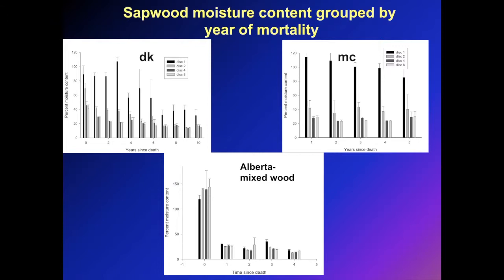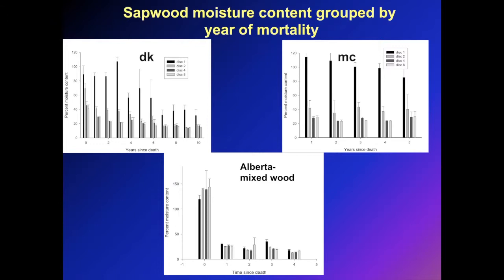So in the dry subzone, for example, we see a percent moisture content that is up around 80%. Actually, in a green tree, it's usually over about 100, even over 120%. And that reduces very quickly. Within the first year or two, the moisture content of the wood has dried down to roughly fiber saturation point. The exception is with the first two discs, and especially the first one, so the one that's closest to the base, where that tree is still able to passively absorb moisture from the ground. And that creates a completely different environment in that lower section of the tree than further up,